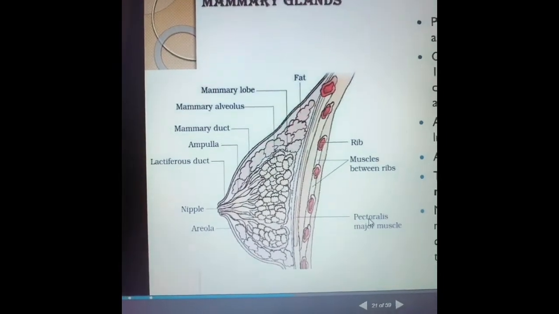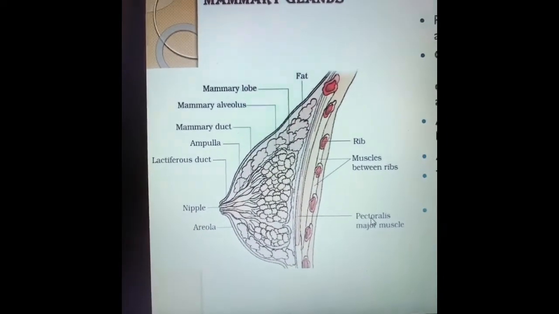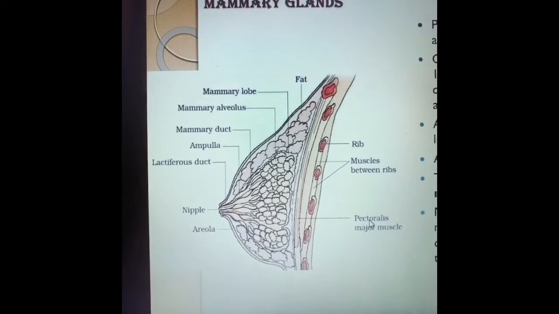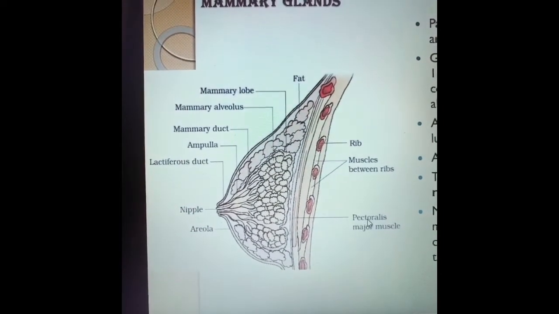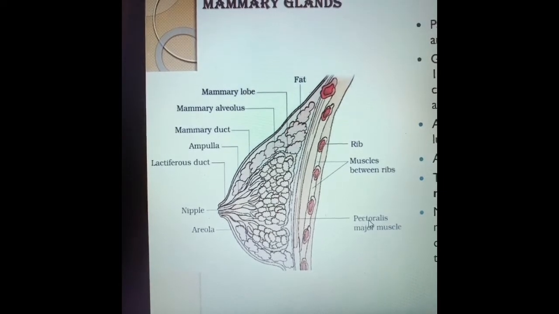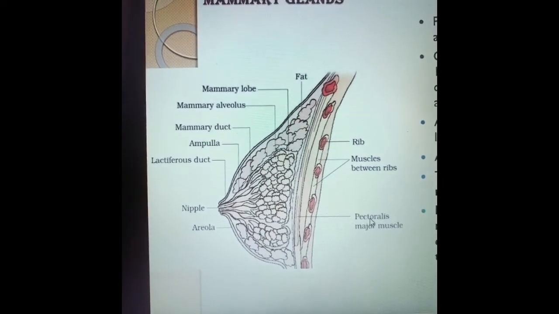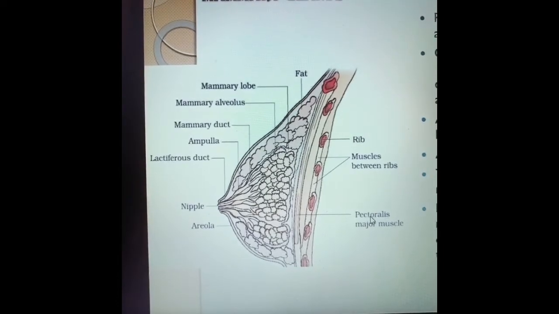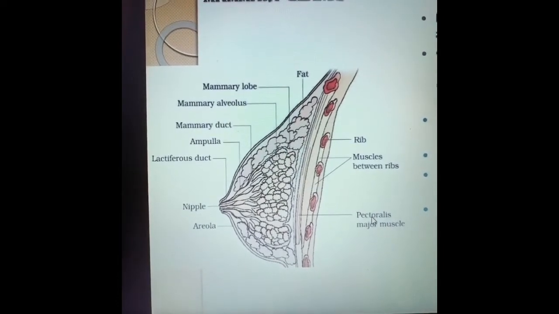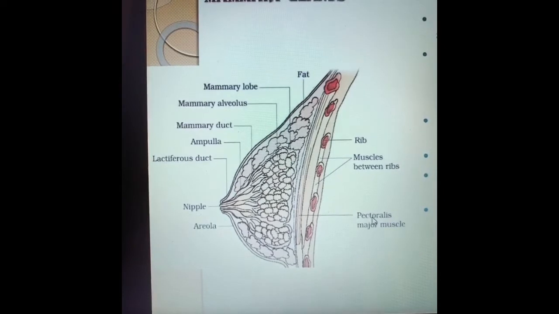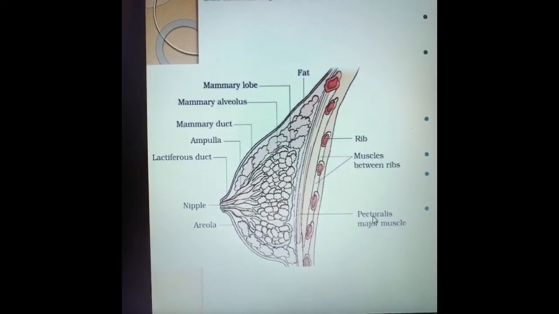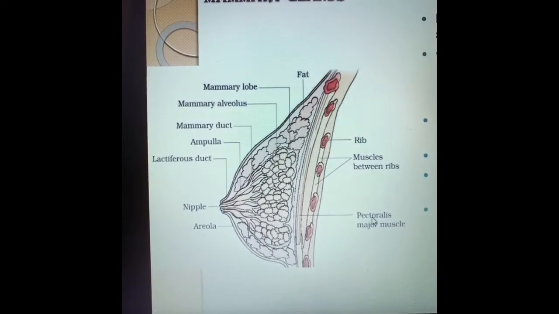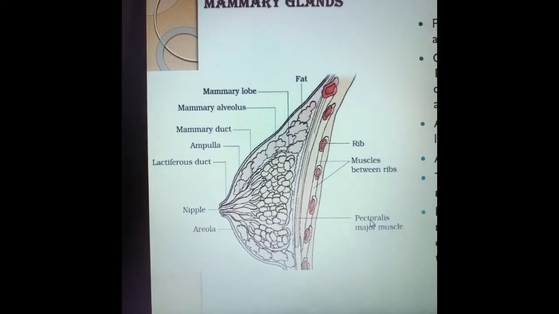The mammary glands are paired glandular tissues. They have variable amounts of fat. The glandular tissue is divided into 15 to 20 mammary lobes containing clusters of alveoli. These alveoli secrete milk, which is stored in the lumen of the alveoli, and they open into mammary tubules. The tubules of each lobe join the mammary duct. Many ducts join to form the mammary ampulla, which is connected to the lactiferous duct through which the milk is sucked out.